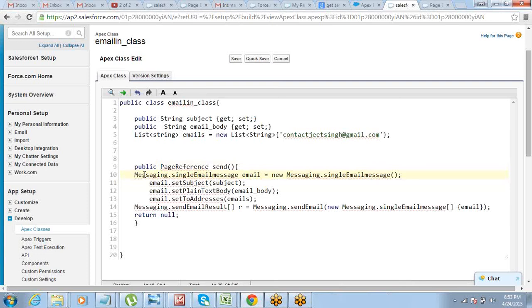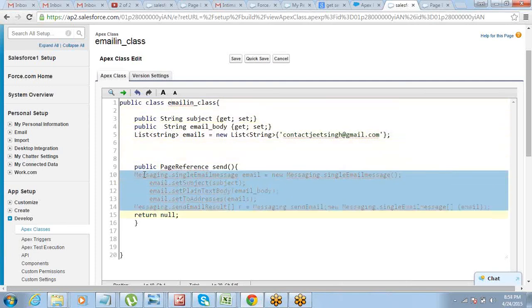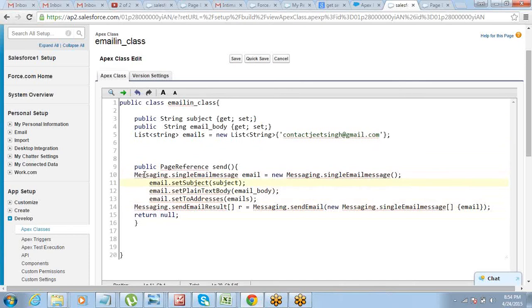If you have multiple methods, you can put it wherever you want. The only thing is that any variables which are being used here should have been defined earlier. Like if I'm using a subject, this should have been defined prior to this, because our code gets executed like this, right? If it does not find that method or variable defined earlier, then it will be a problem.